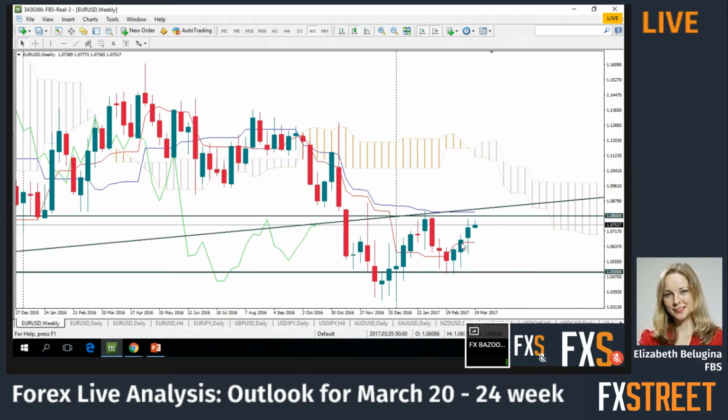The buyers returned to the market, and we have a series of quite similar weekly candles here for the euro dollar. The candles with a long lower shadow and three bullish candles, which showed that